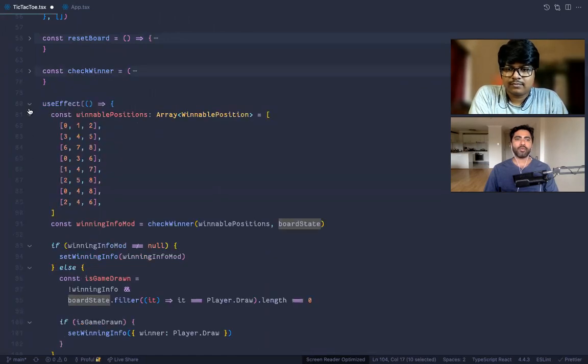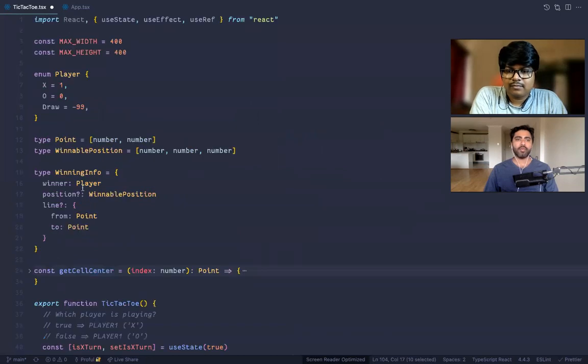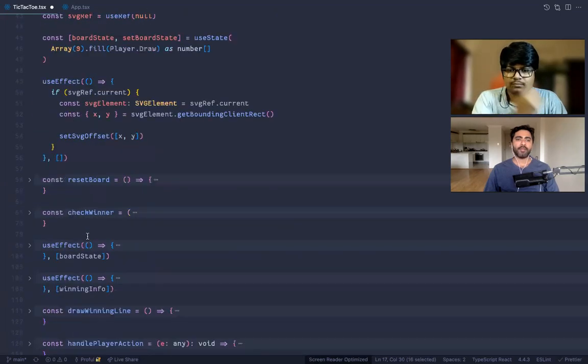So we decided CheckWinner, we created this object, which player won. Whether it is a draw means there is no need for these fields. If it is a winner, we decided it may be X or it may be O. Then we told about the position and the from and to points. And depending upon this